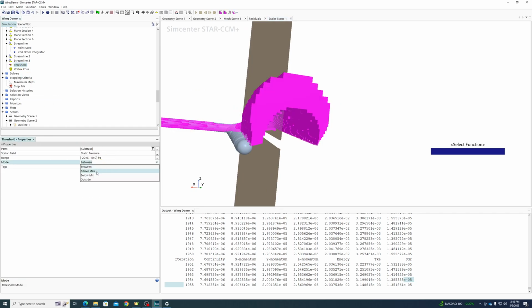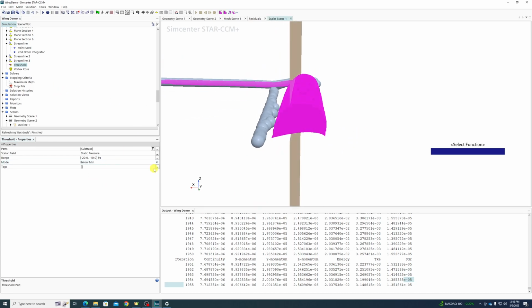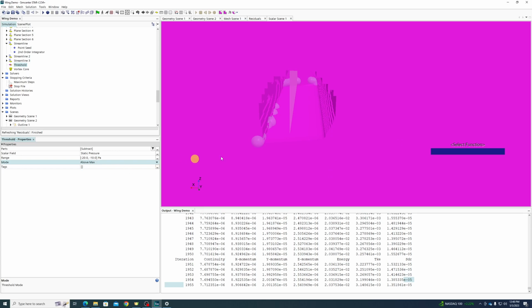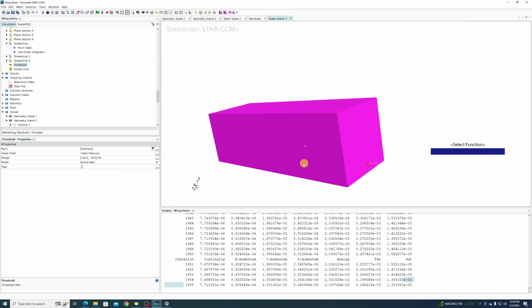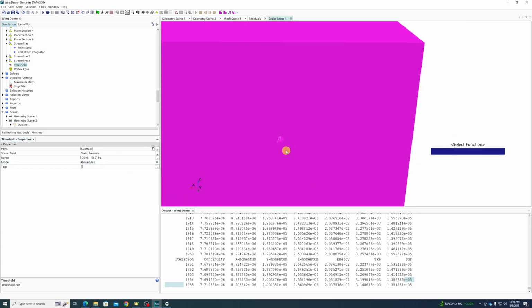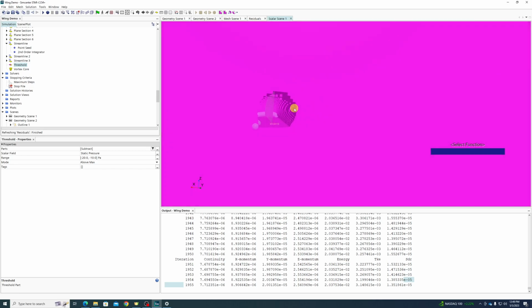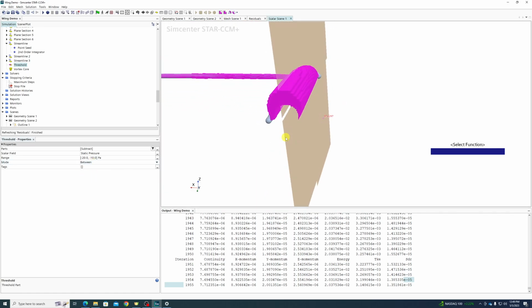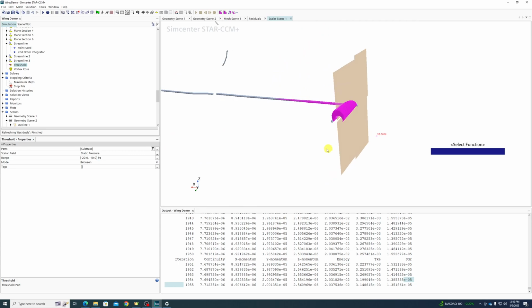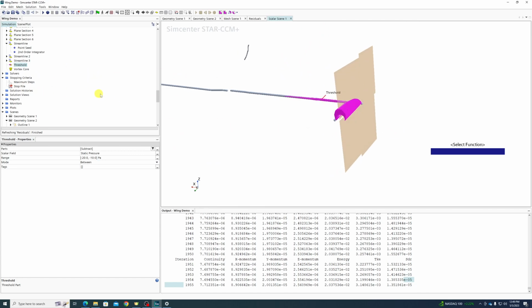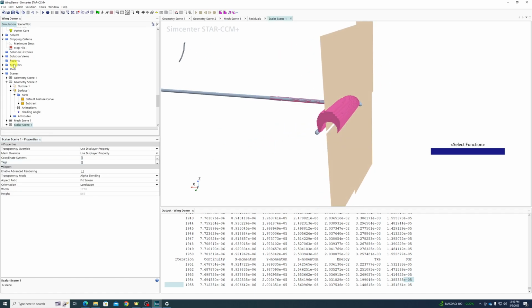Well, if I'm feeling particularly ambitious, I can say everything that's below minimum. Well, hey, that's the inside. Or I can say above maximum, and that's damn near everything. Right, that's going to be near everything. You can see there's a little bit missing in the middle here. It's kind of hard to see, but it is in there. Or you can say everything between those ranges. So threshold parts, which shows you everywhere where things exist either between, above, below, or outside of a range you specify. You have